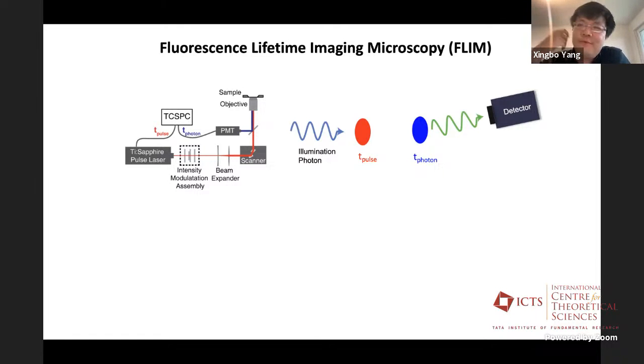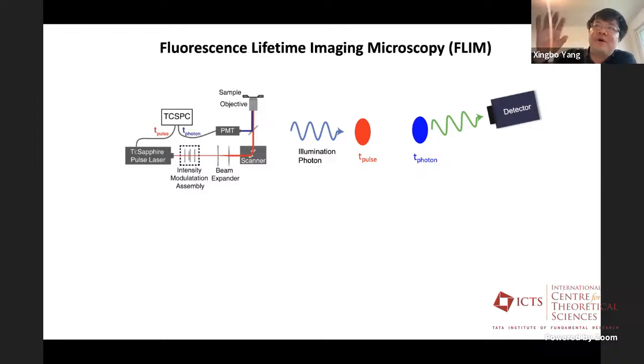So, okay, we know fluorescence, right? Fluorescence is where you shine light on a fluorophore, you have an illumination photon, you hit your fluorophore, and it will be excited, right? It will go from ground state to excited state. And then after a while, it will decay from the excited state to a lower energy state, and it would re-emit a photon. And then you have your detector to detect that photon. And so that is basically the nature of fluorescence,